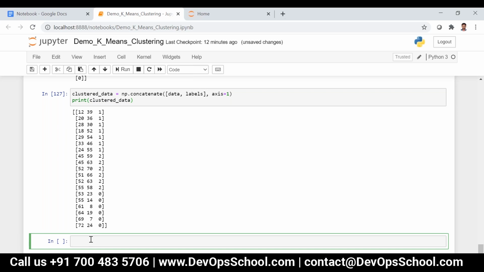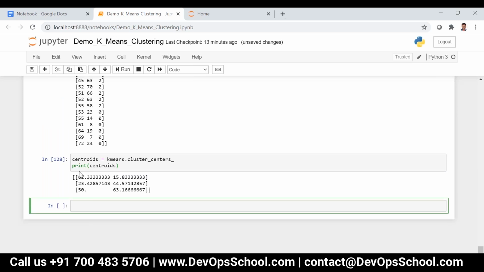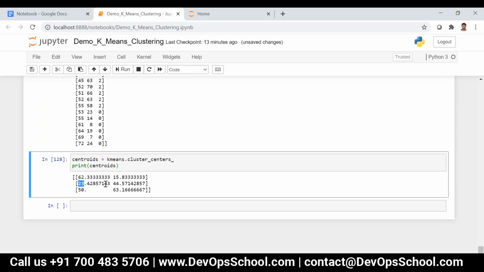And if I want to know the centroids, like what are the last centroids in this case, it is kmeans.cluster_centers_. Now if I print the centroids, you can see the output like this. This is the centroid for cluster 0, this is the centroid for cluster 1, and this is the centroid for cluster 2.